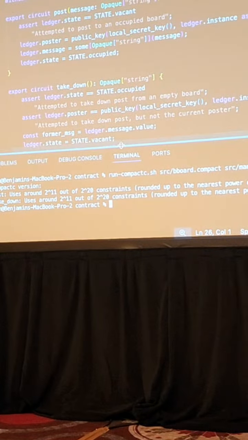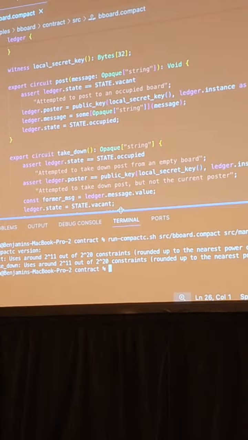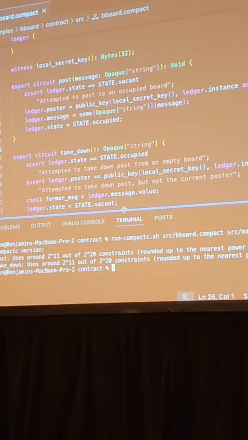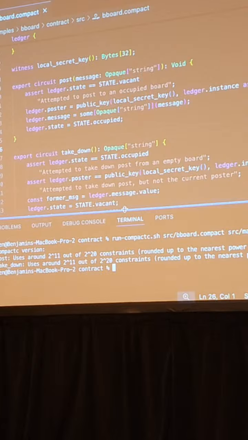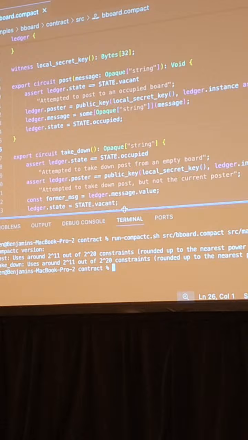I just want to point this out to you, so you can see what's going on, even if you don't quite understand it. When I do the compilation, it's going to produce two outputs, and we'll talk about why not 3 in a second. Each one of those outputs tells you what the complexity of the circuit that you're building is. The reason I'm bringing this up is that as that complexity number goes up, it takes longer to build the proof, right?